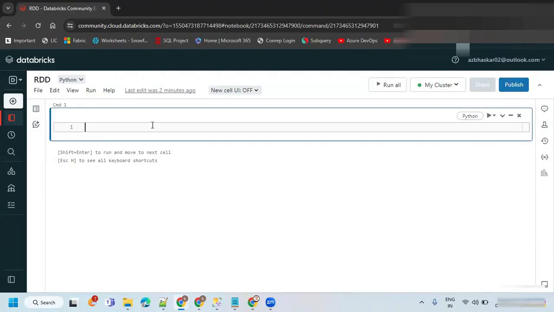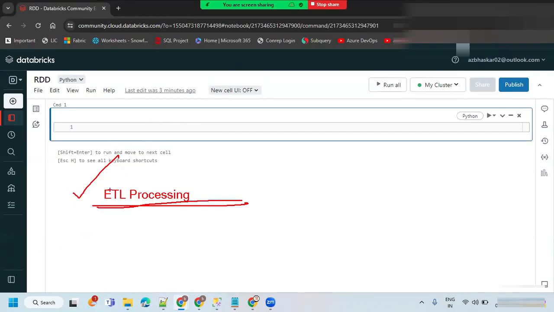Okay, so when you go for writing any notebook, we are going to have three phases. Every notebook is going to do the same thing. Basically, the main intent of Databricks or Spark is to transform the data for ETL processing. We have done ETL processing with Azure Data Factory, and even traditional tools were there in the market for ETL processing. So here also we are going to do the same thing. There will not be much difference. The process is the same.